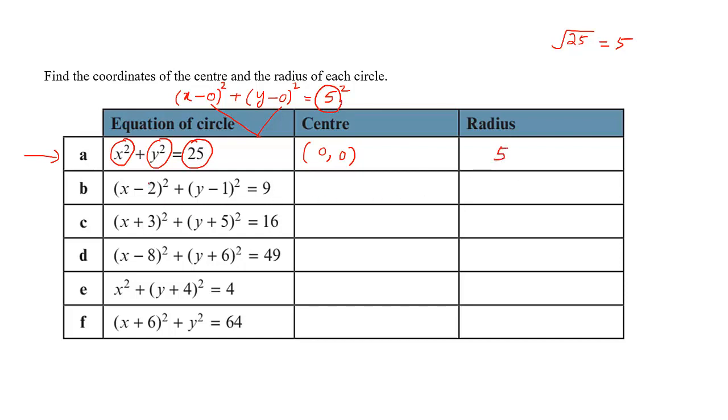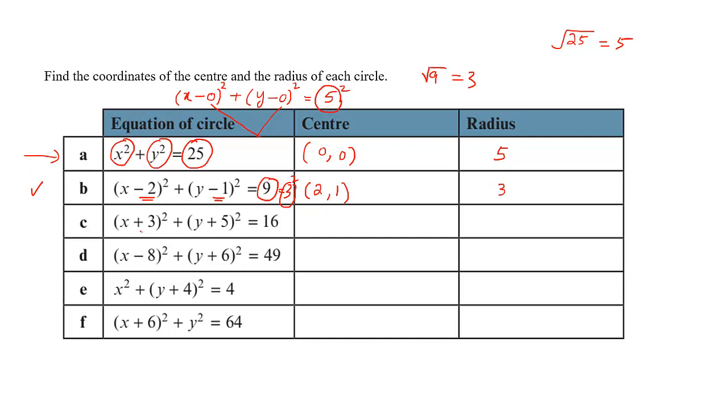Here in this equation it is already in the completed square form. So just change the sign of these two numbers, and it will give us the center. Then take the square root of this, 9, it is 3. So this is 3 square. The number 3 is the radius.